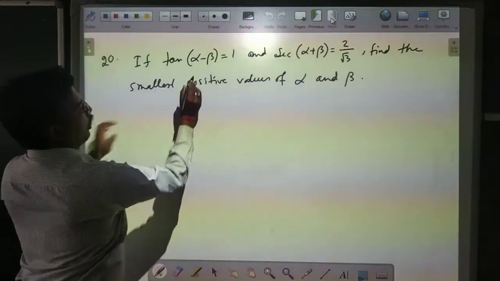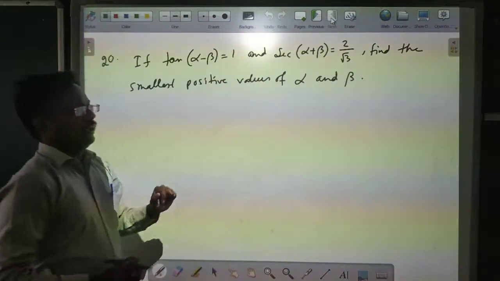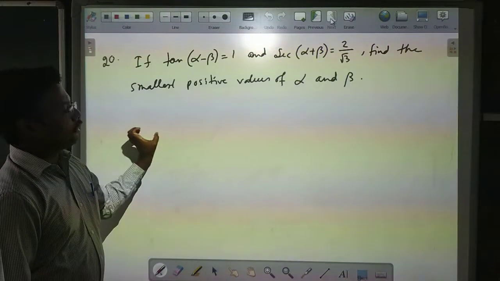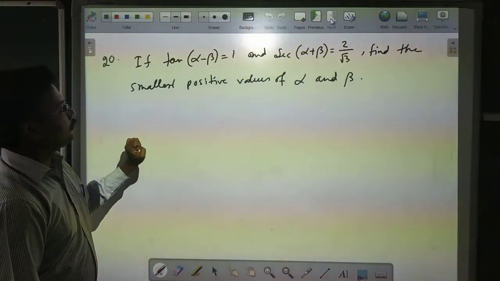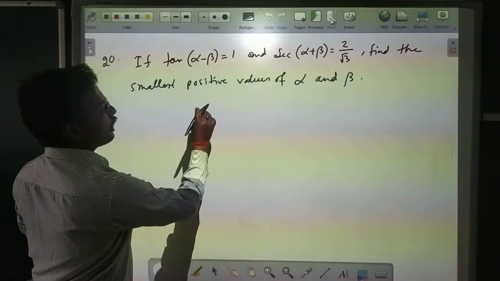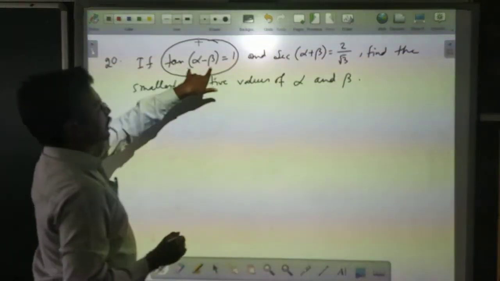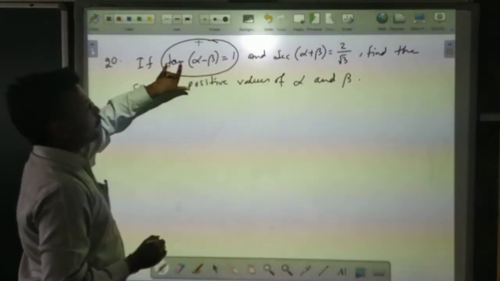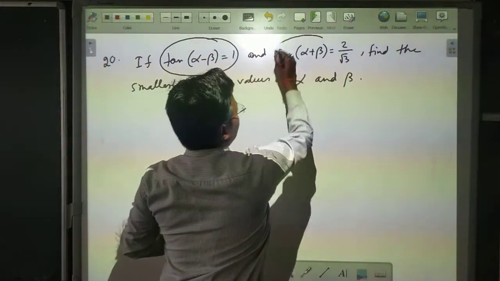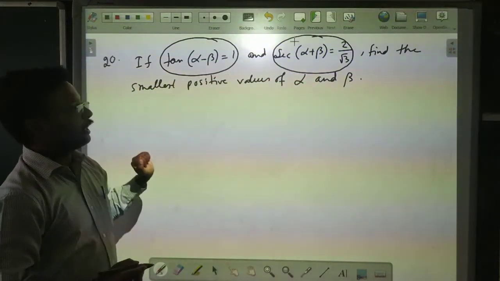So here we are getting two different terms. And whenever you solve any two simultaneous linear equations, you must have seen there are two variables given, and with the help of two variables you can easily solve. That means we need to convert this whole thing in algebraic form. It is given in trigonometric form, so we need to convert it in algebraic form. Similarly, for this equation also, if we can convert it in algebraic form, then it will be easier.